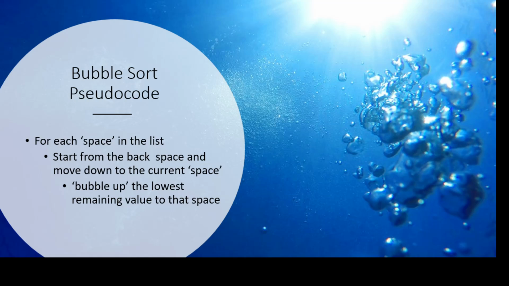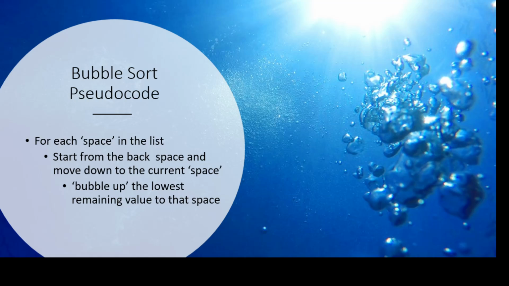The bubble sort is, as I said, a very simple sort that has basically a three-step algorithm. It goes through each space, if you will, in the list. So when you have an array of 10 items, it goes 0, 1, 2, 3, 4, 5, 6, 7, 8, 9. And it's going to start at that point